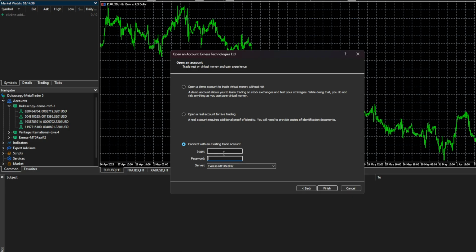Once your login details are entered correctly, follow any remaining on-screen prompts. MetaTrader 5 may briefly show a connection status in the bottom right corner